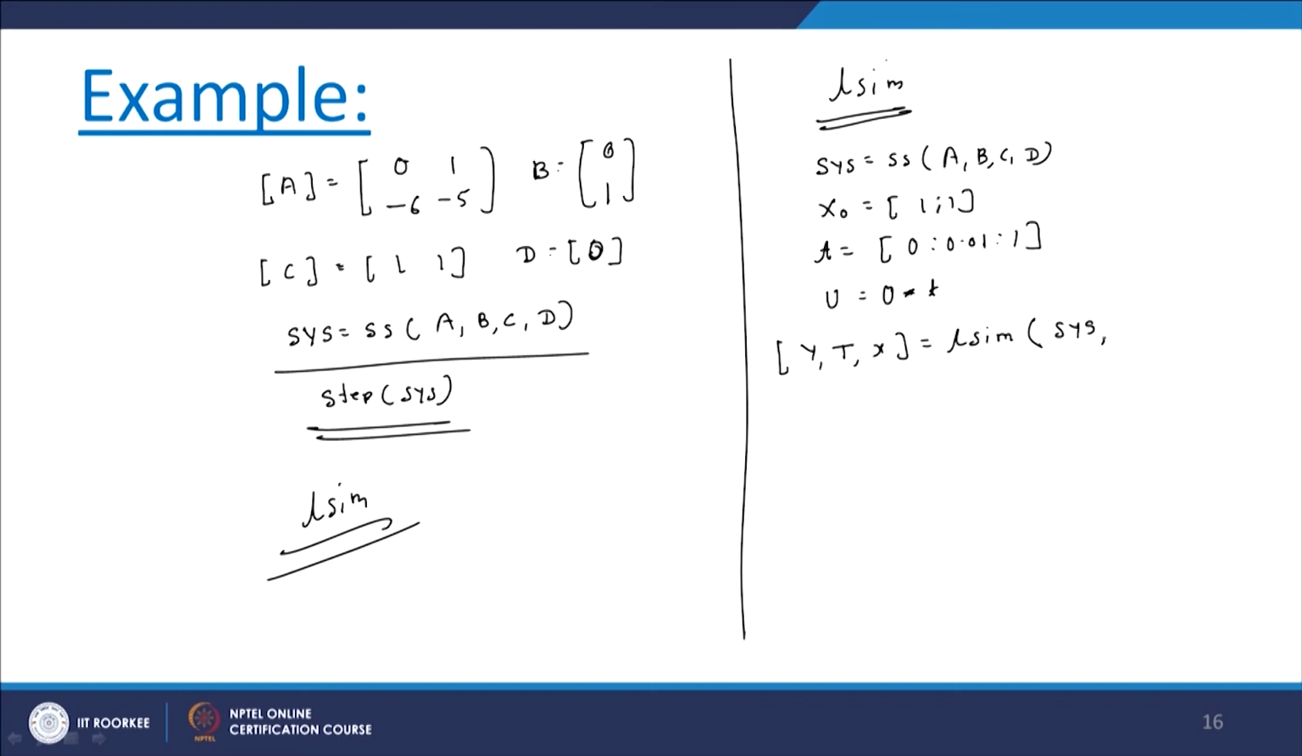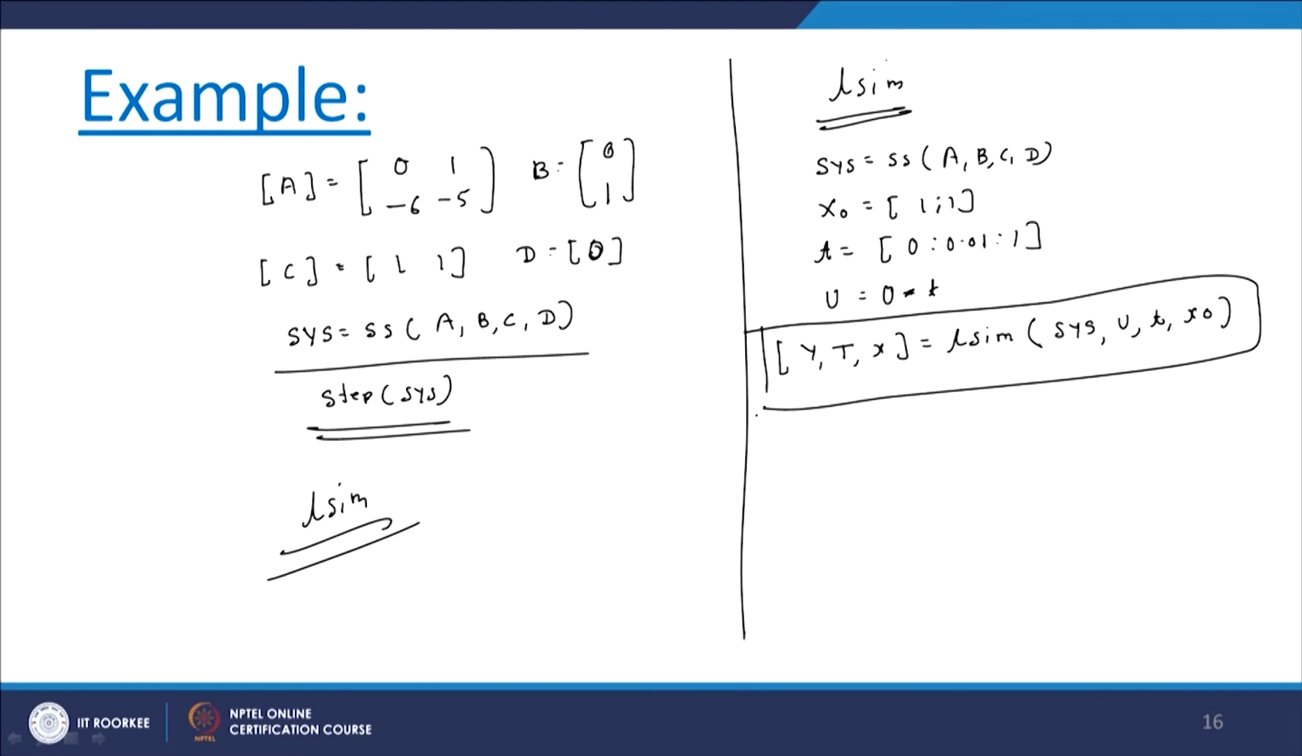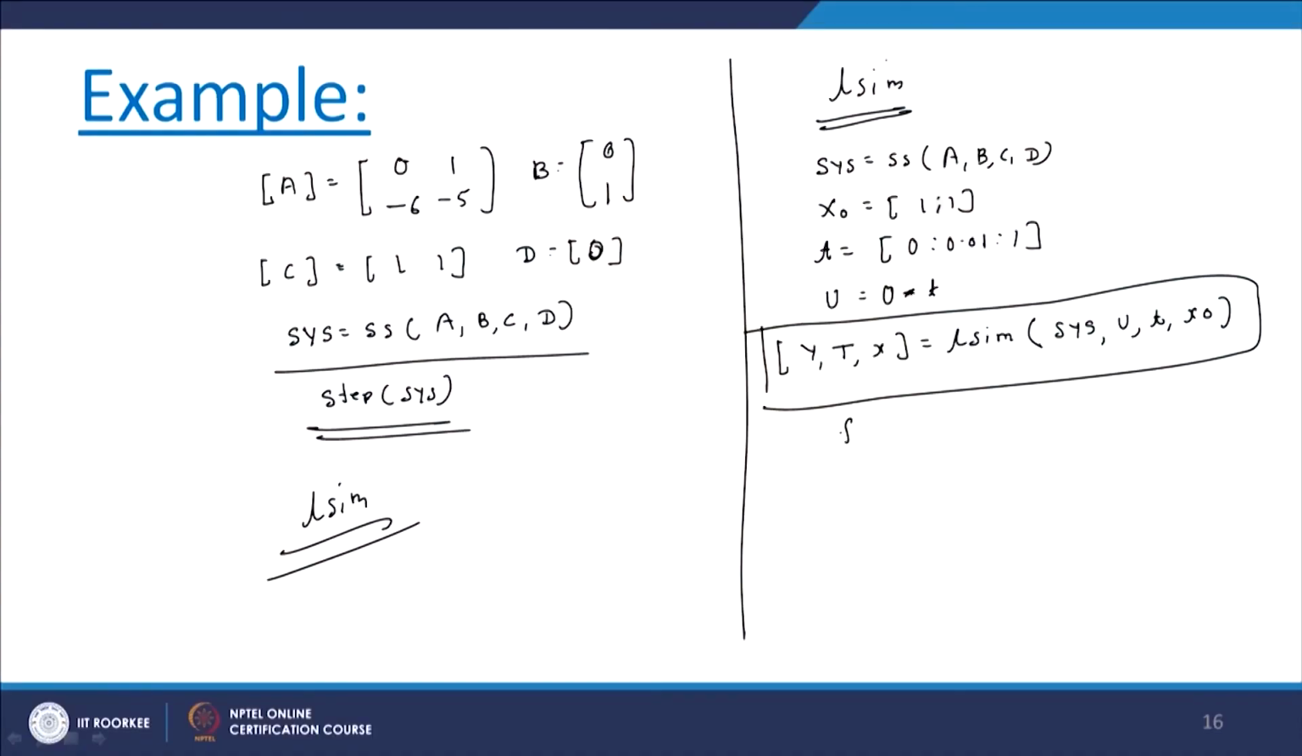sys, with input u, time t, and x naught is the initial condition. So, this command we can use. And now we want the state response. Because we have two states, we can write figure 1